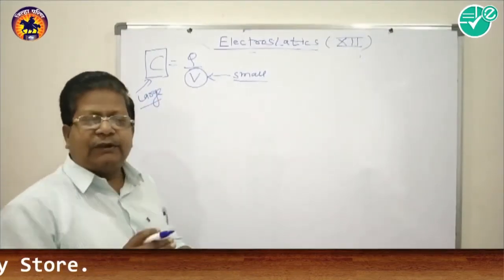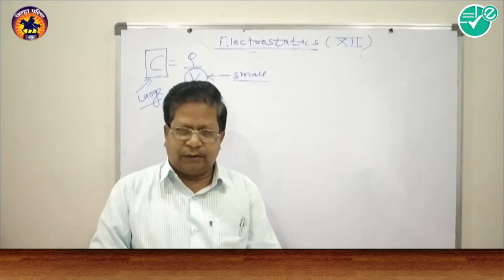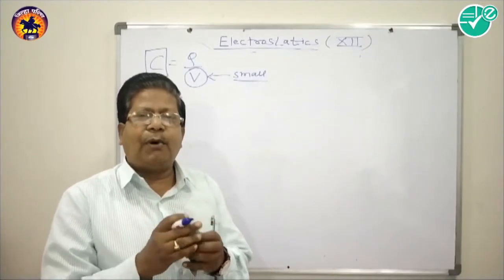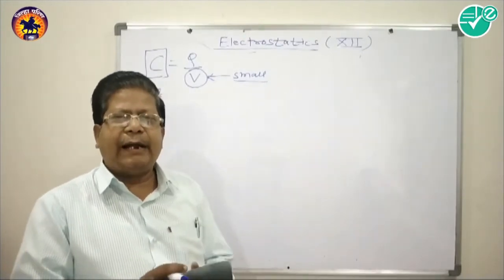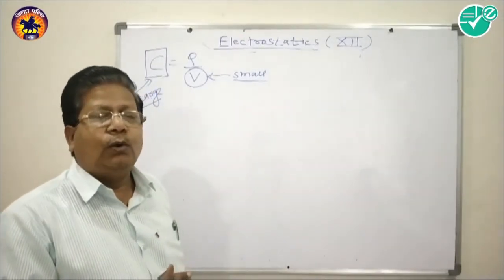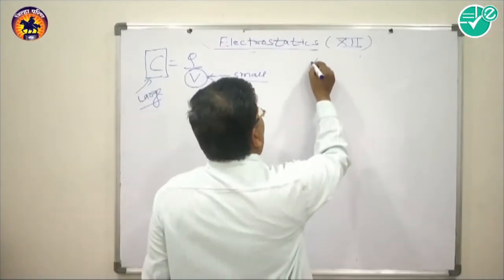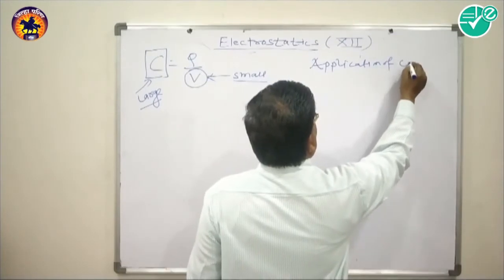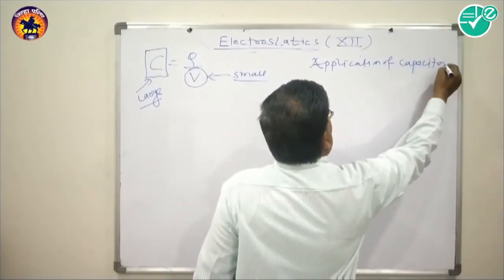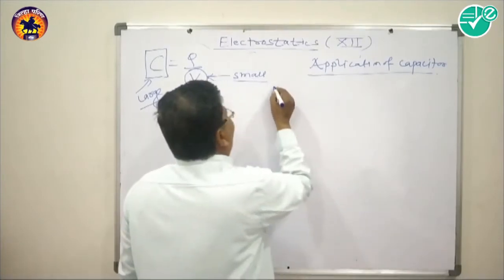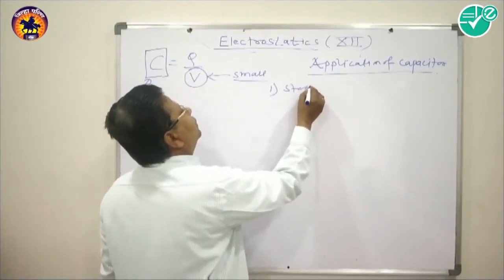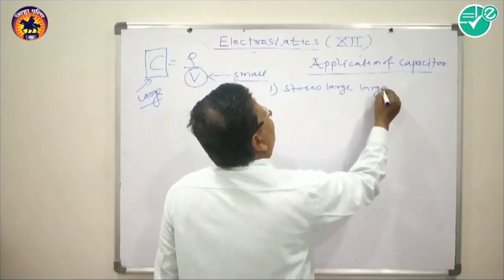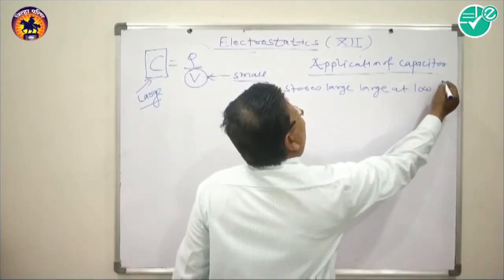So a capacitor is a device which stores a large amount of charge at comparatively low potential. This is the first application of the capacitor: number one, it stores large charge at low potential,